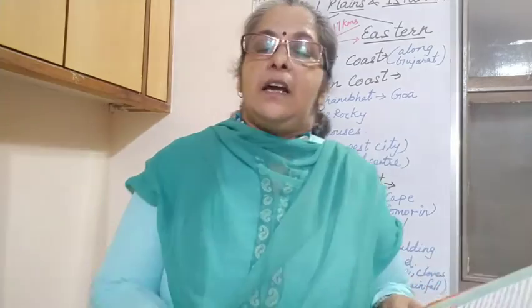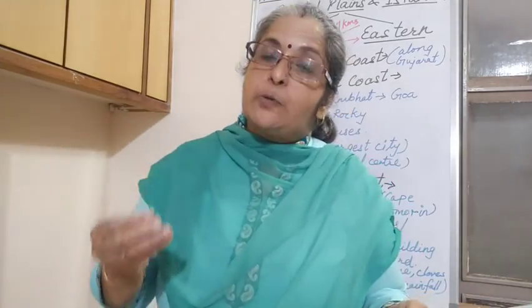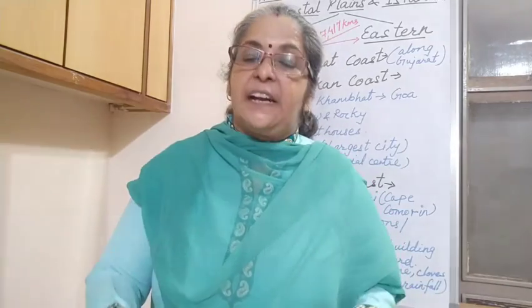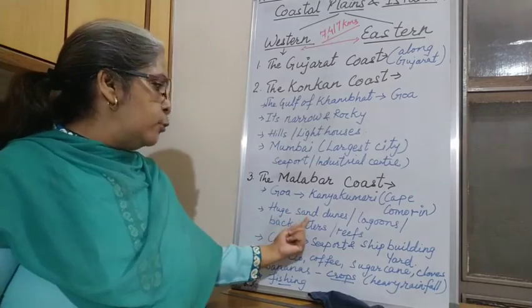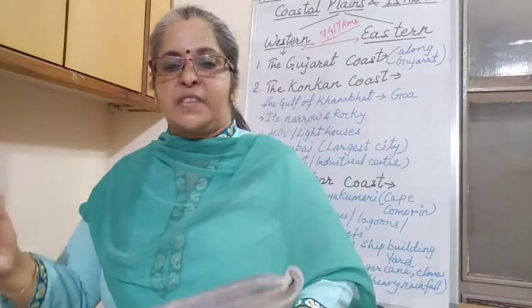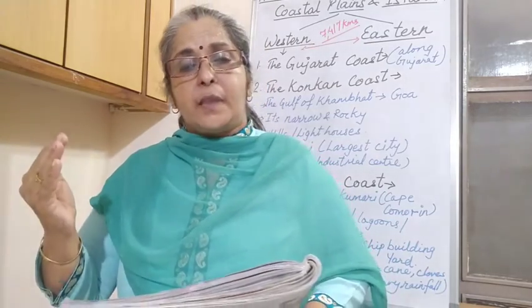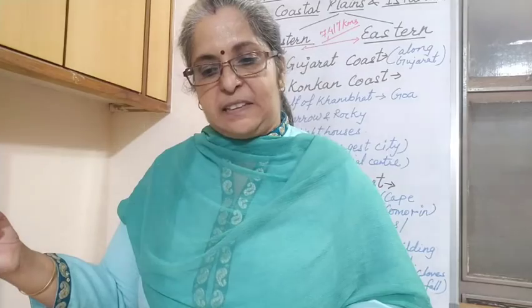Here you can see the lagoons in Kerala. See, backwaters, lagoons, the Coromandel coast is also there. Now, lagoons. What are lagoons? Lagoons are small salt water bodies that are formed due to the build-up of sandbanks. As I told you, in the Malabar coast we find huge sand dunes. Because of the sand dunes, they build up the lagoons, reefs and small backwaters on the shallow coastal waters, and lagoons are connected to the sea by canals.